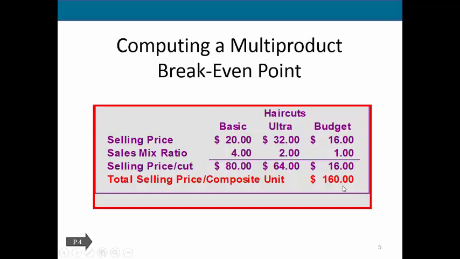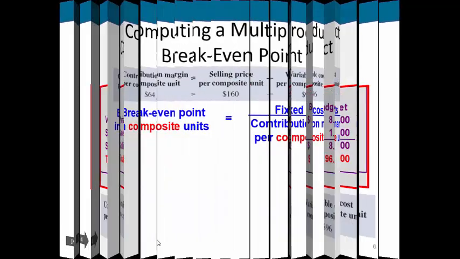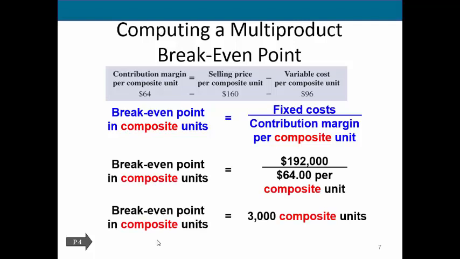So we take our sales price minus our variable cost per composite unit. So $160 minus 96 gives us a contribution margin per composite unit of $64. We'll then use that in our break-even analysis. We were told we had $192,000 in fixed costs. Divide that by $64 of our contribution margin per composite unit, and that tells us we need to sell 3,000